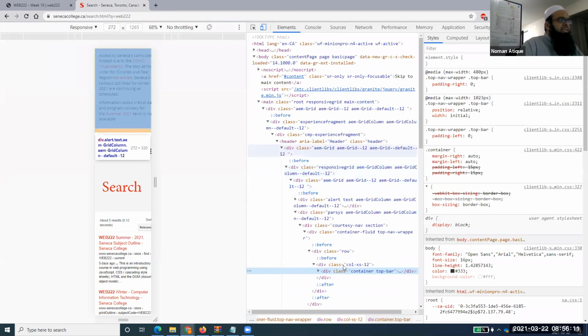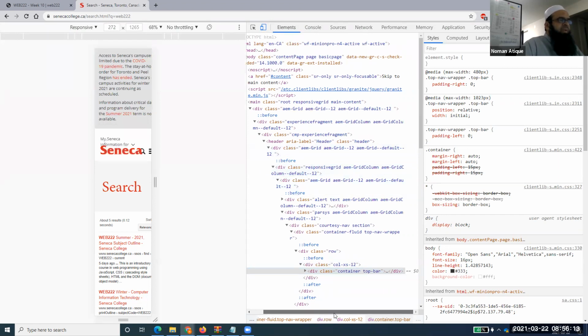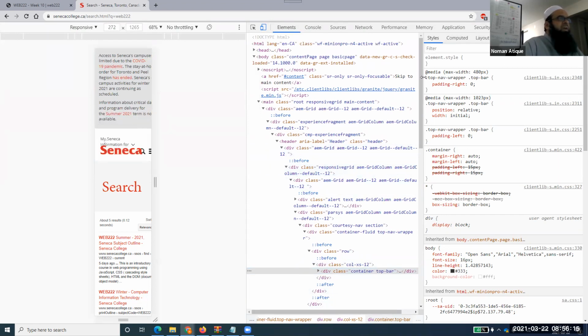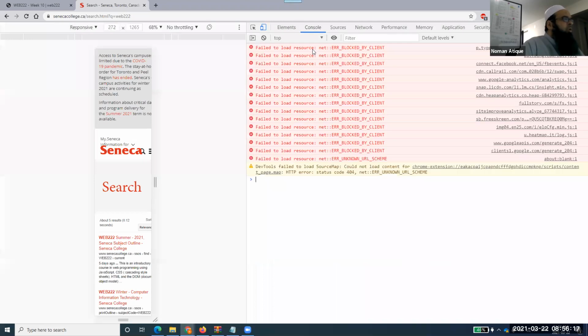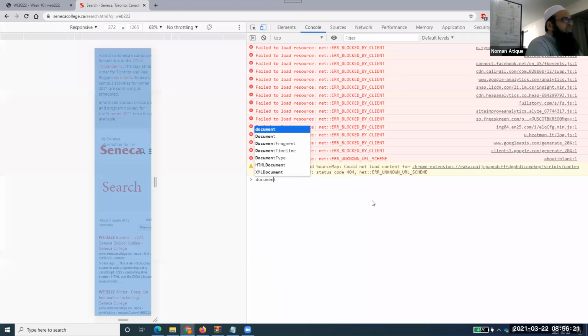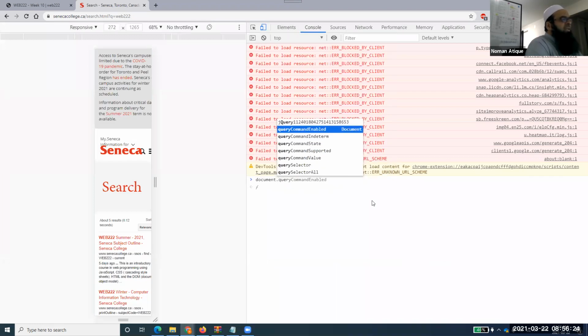Let's inspect this one and try to find out this form, that form which is being used. And one way of finding the form is what? Go to your console. You know that we have got something very important, document, something very interesting, query selector, right? And if I write form here, I want to look for that form, right?